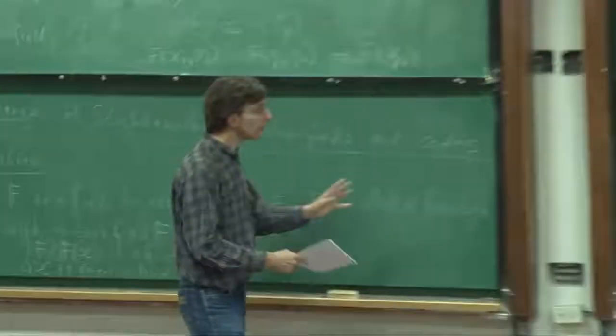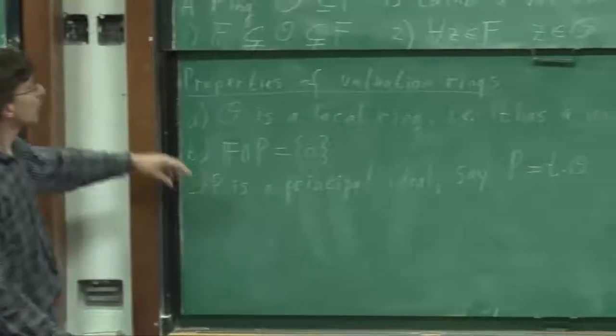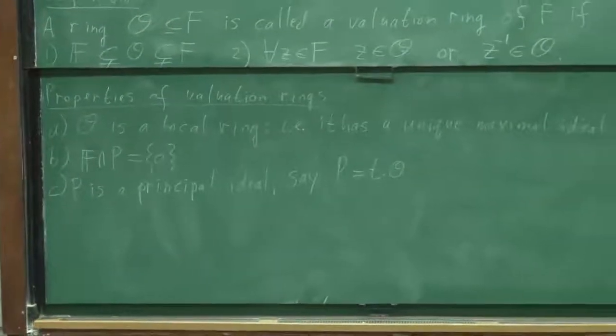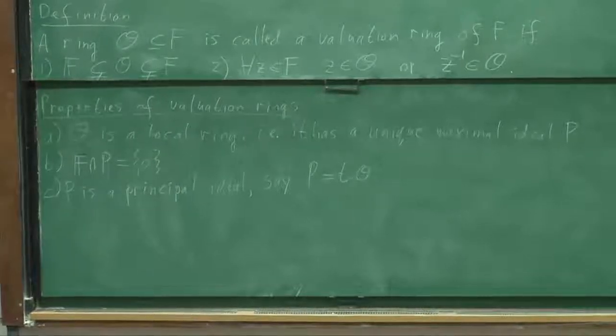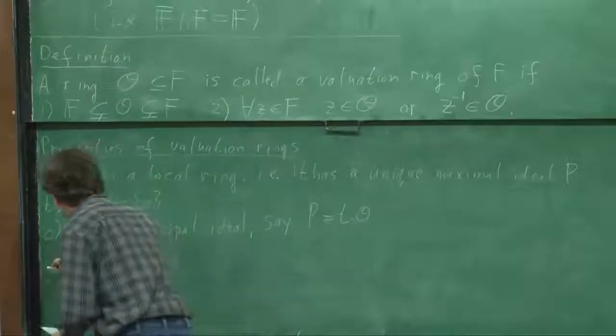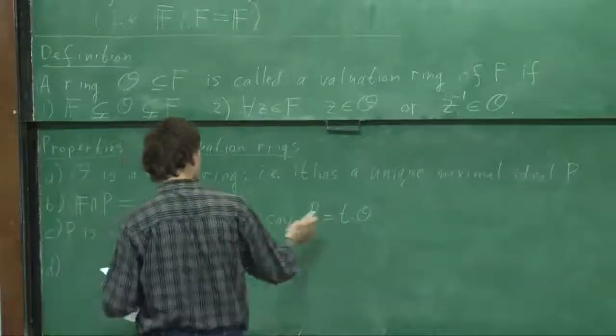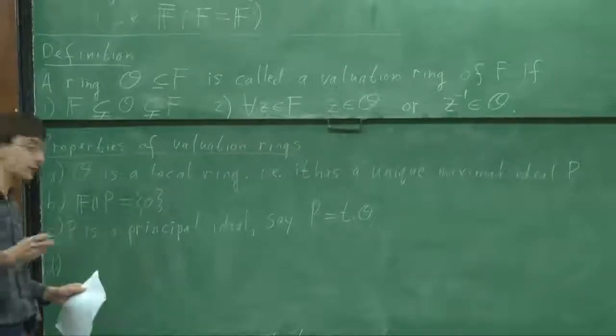Yeah, but we don't need to think about things like non-singular if you don't want to, because this is just a definition. From this definition, this will follow. Okay, and then the fourth thing is that from this property that this P is a principal ideal, we can derive that